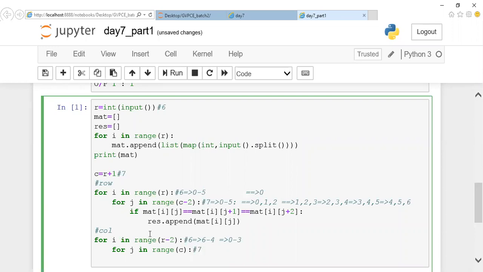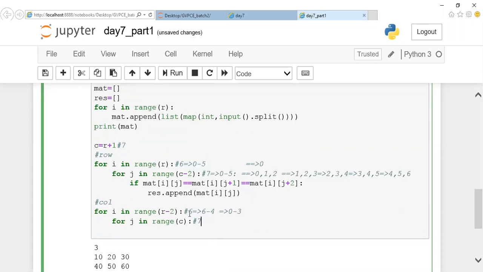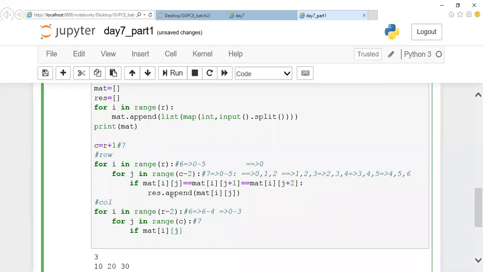So you can notice that when you're taking a column value, you're supposed to be conscious about your row count. Okay, and this is done. And here, since you're going to modify, check with your column, I'll apply if condition, if matrix of i, and here you're going to check with the column, right? So you're supposed to modify your i value, not the j value. Here I'll mention matrix of i plus 1 followed by j equals to matrix of i plus 2 followed by j. Okay, this is for your column condition, guys.